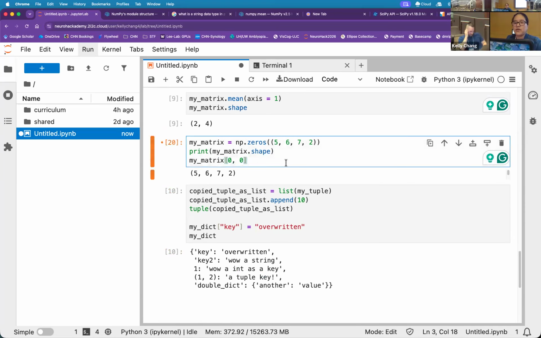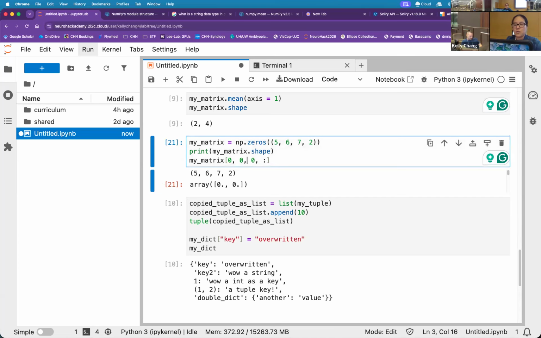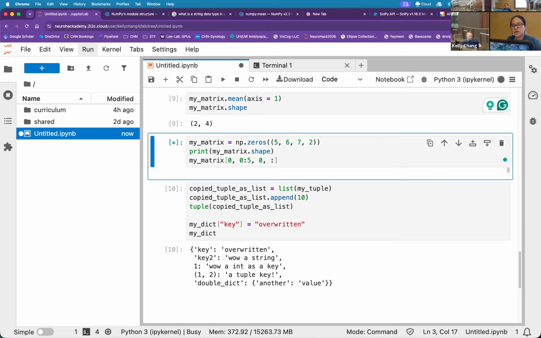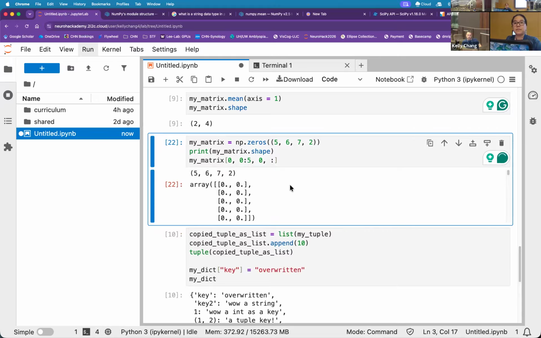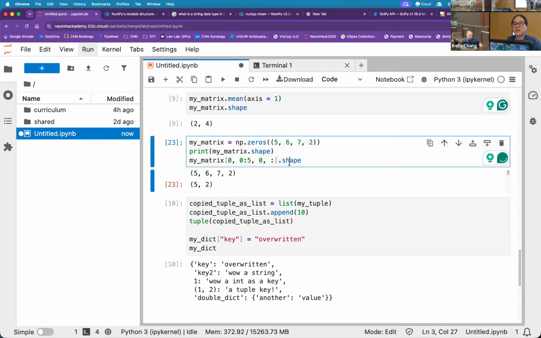You specify what part of the matrix you want based on how many dimensions you want to go for. If I wanted to specify all of the dimensions, so first row, first column, first slice, and then anything in that fourth dimension, you can see it's like, okay, here we go. We can start to extract it out. If I wanted more than just that, I can also still slice along any of these dimensions, again with that colon as well. And you can notice, you can keep on chaining these up as far as you go.